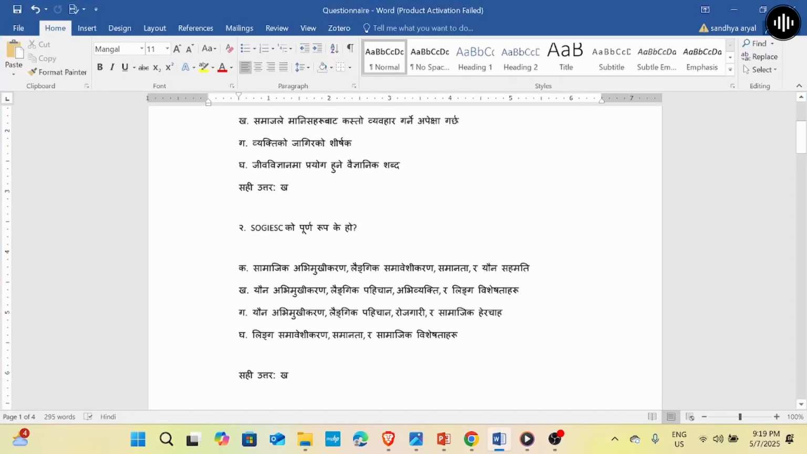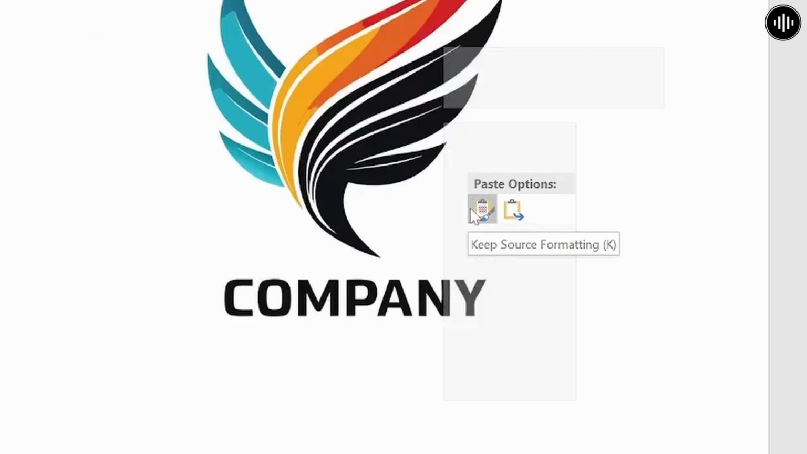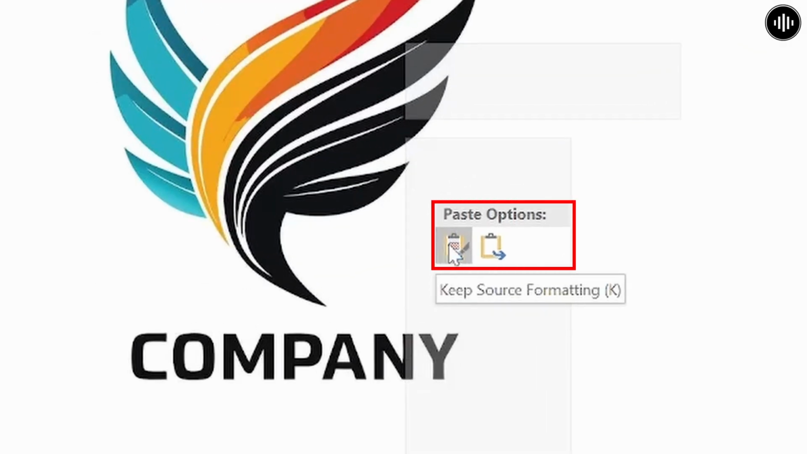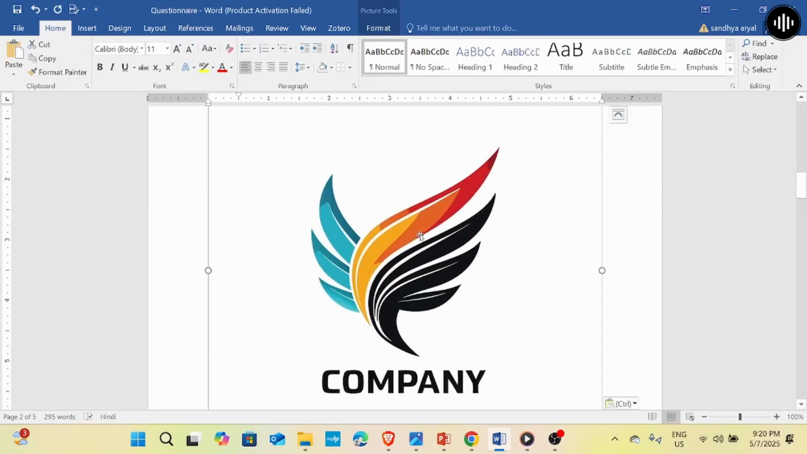Go to your Word file and here once you tap on the right option you will see the paste option. Here you can either keep the source formatting or you can paste it as a merge formatting. I'll keep the source formatting. Once it's done, you need to